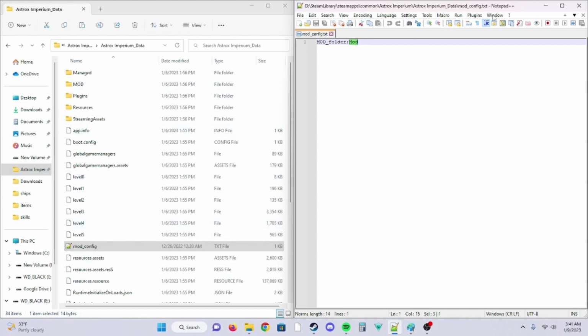It's still kind of a newer function, and it's still a little bit in progress, but it works pretty good so far. There's a few bugs I've come across with it,